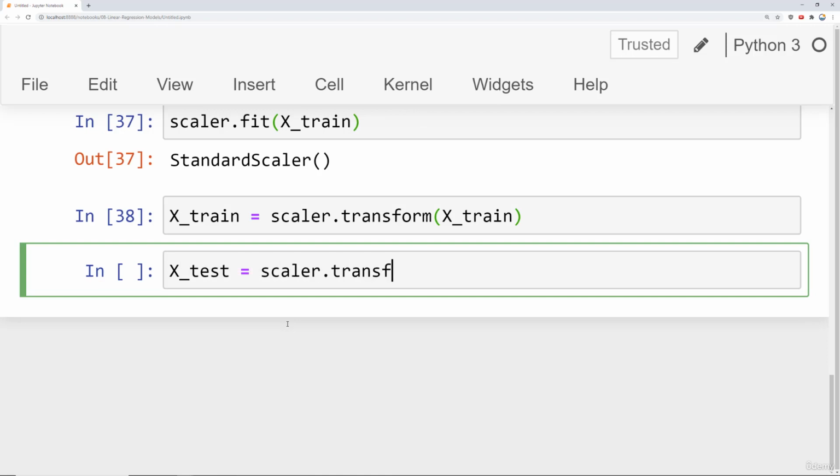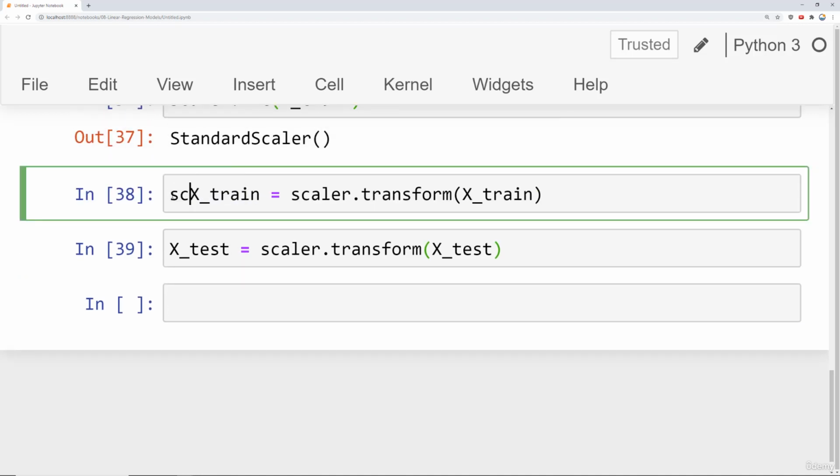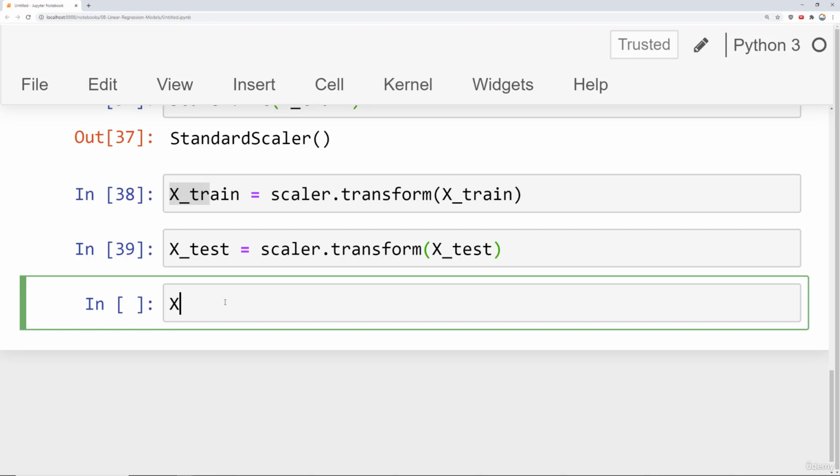Scaler transform X test. Keep in mind, some people like to actually assign these different variables just to keep track. They sometimes like to call it scaled X train and scaled X test. For simplicity, we'll just keep it as X train and X test and overwrite the original ones. But just keep that in mind. Sometimes it's a little easier to track everything if you retain your original X train and then have a scaled version of it. But to quickly show what X train now looks like, at least the range, let's grab the first row